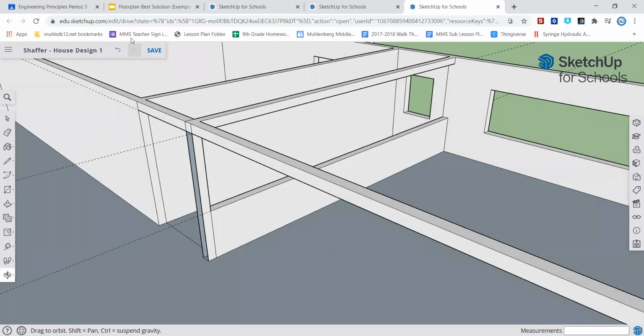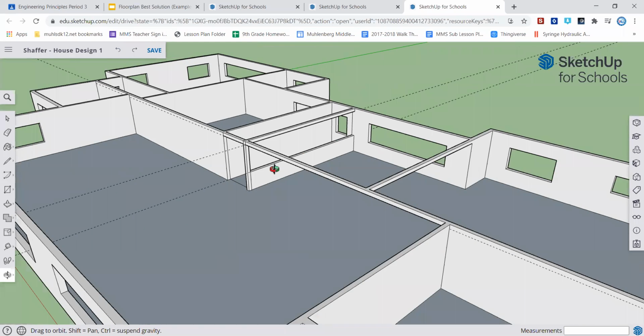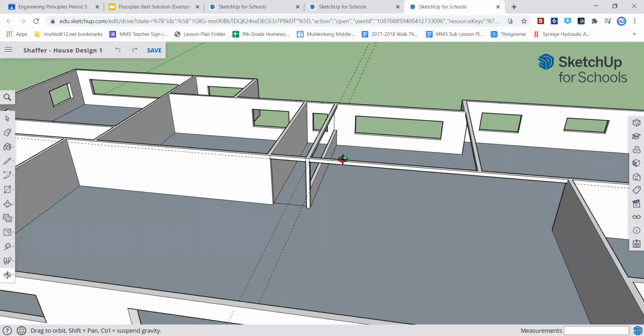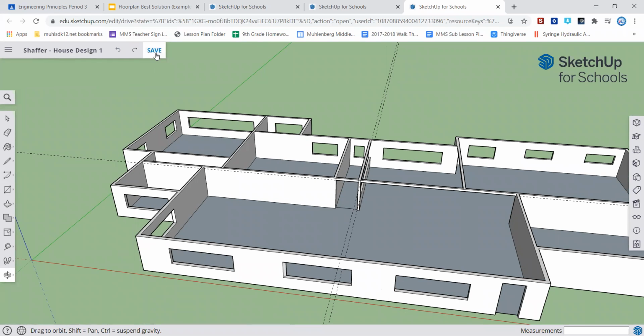So that is how you're going to create an open space, but I like mine there, so that looks good for me. So you can do a half wall if you would like to have a half wall that separates rooms like this, or you can do a fully open concept. After I have that applied, I would make sure that I hit my save button, and then I would go throughout and make sure that I do that to all my rooms throughout my house that I would like to have an open concept. So right here, I would open up this hallway, and that's about it for my house,